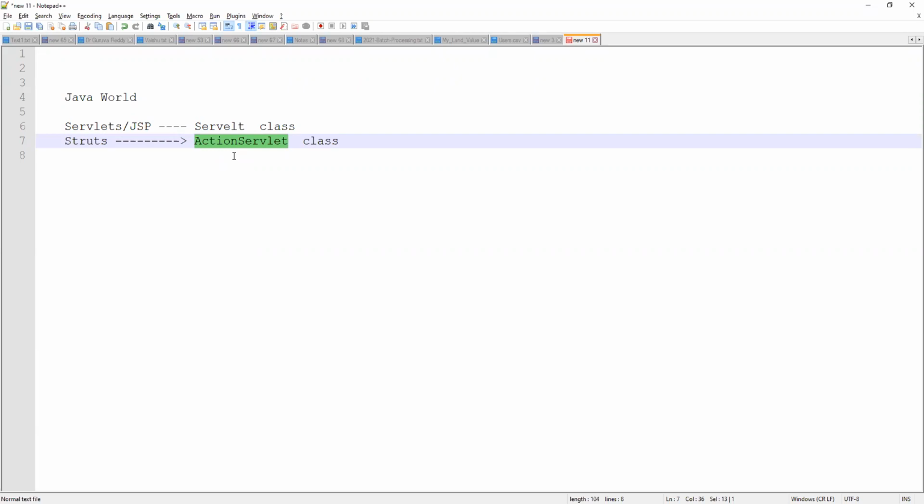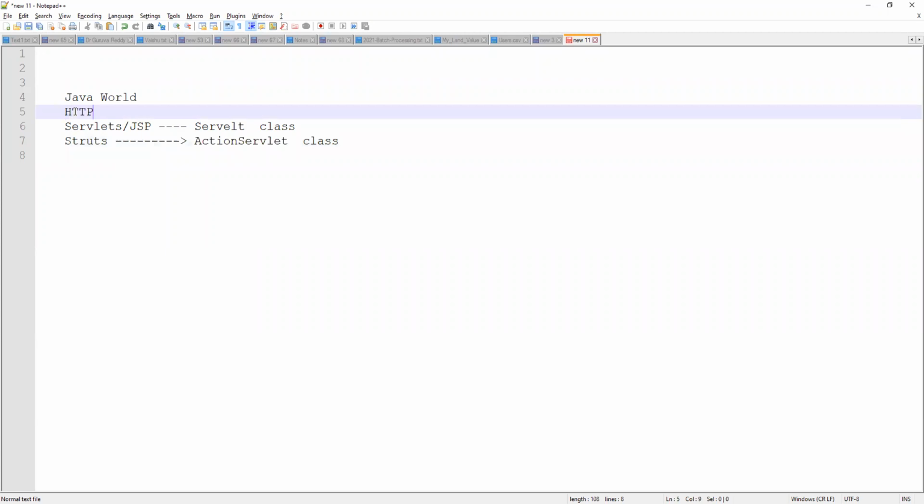So in that method we can pass HttpServletRequest, HttpServletResponse and so on, so that it will give the response. So whenever you pass a request, it will give the response. All these follow the HTTP protocol, the Hypertext Transfer Protocol. Okay, yes, HTTP protocol.